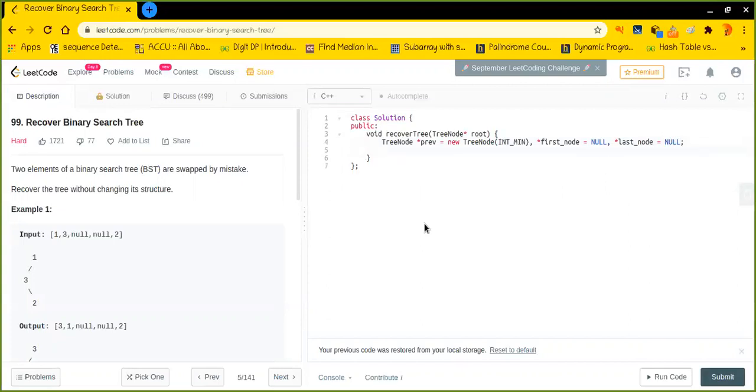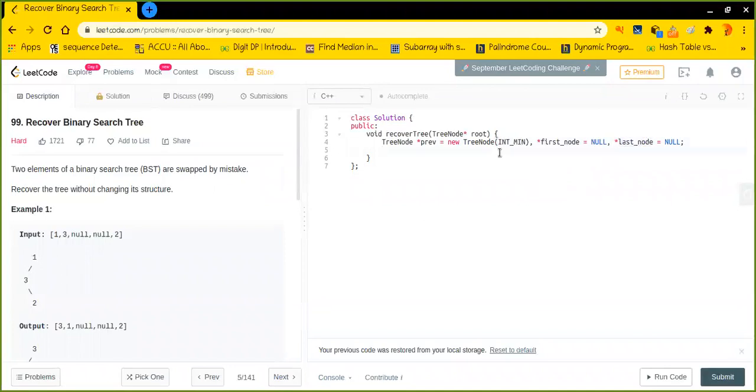All right, so there is one case, guys, that the given tree can already be right. In that case, we will not find the first node and the last node, so at the end they will be null, right? So we have to make sure that the first node and last node after all the operations are not null.